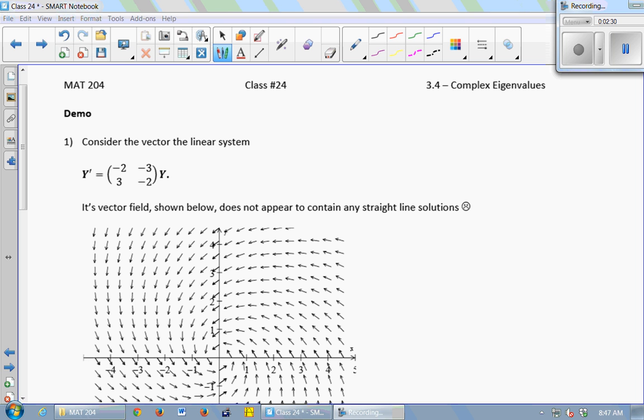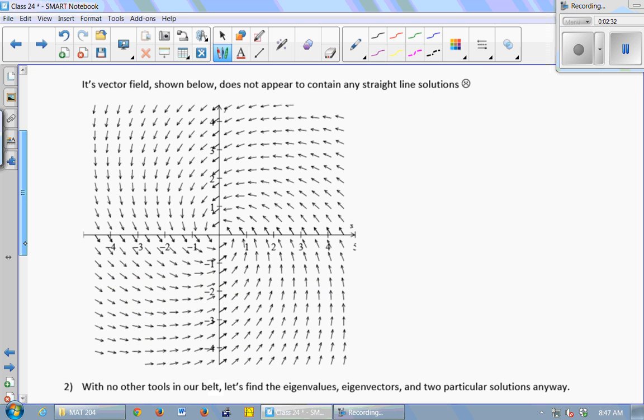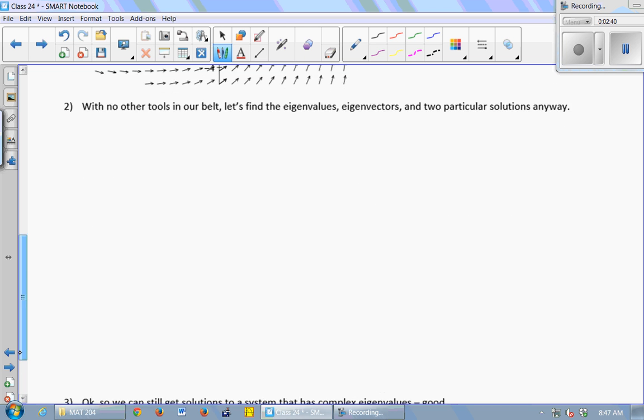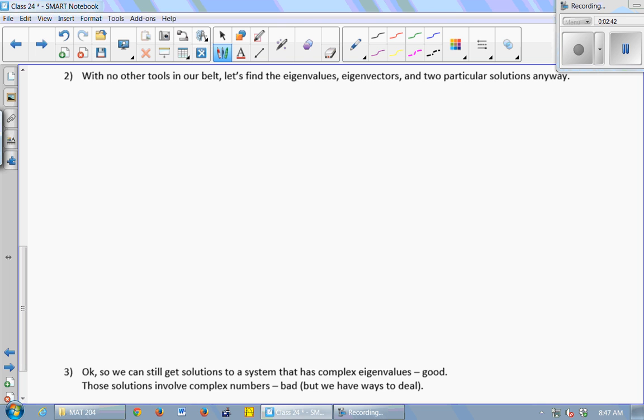So here's a system. Its vector field appears to not contain any straight line solutions. They all seem to be swirling, no straight lines. So with no other tools in our belts, we're just going to go ahead and find the eigenvalues and the eigenvectors and do the exact same analysis that we've been doing before, even though it's going to turn out that our eigenvalues come out as complex. They're going to have some imaginary numbers in there. Okay, so to find eigenvalues,